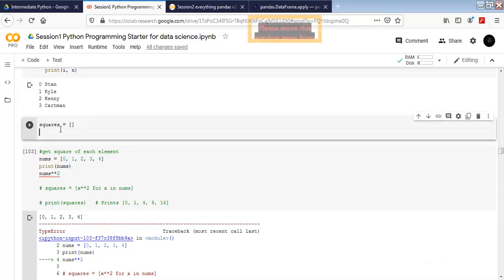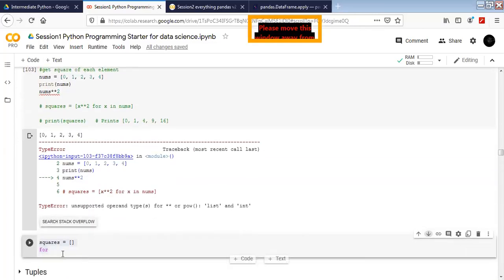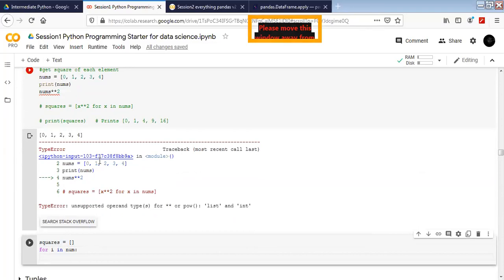Now I'm going to write a for loop. For i in my number list, num, then colon, and then the next line, and I'm going to do the square.